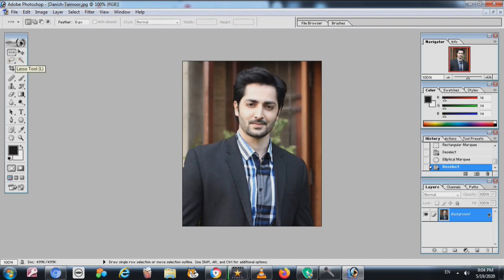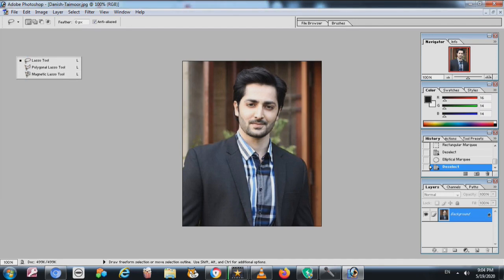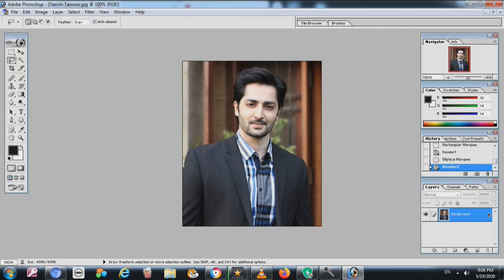Now if we have to select the man, or a particular area, you see after this there is the mouse. There are the lasso tool, polygonal lasso tool and magnetic lasso tool. You click on the first, the lasso tool. How we use it: you click from where you want to start, hold the mouse button and drag it. So it will start to select this,